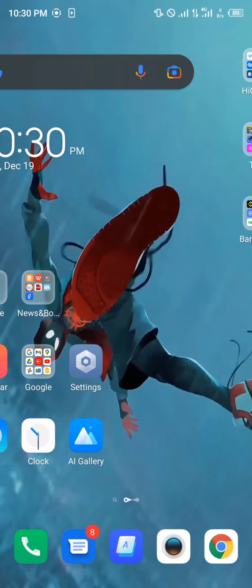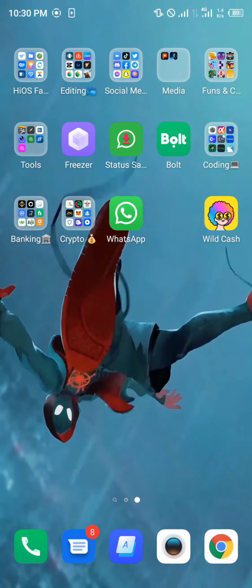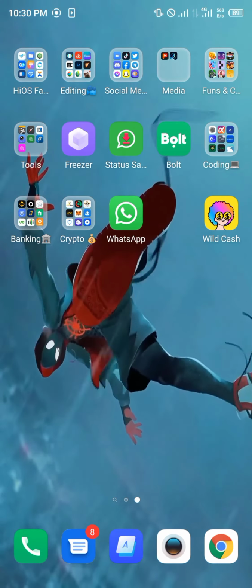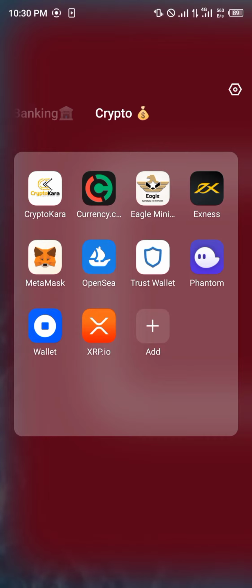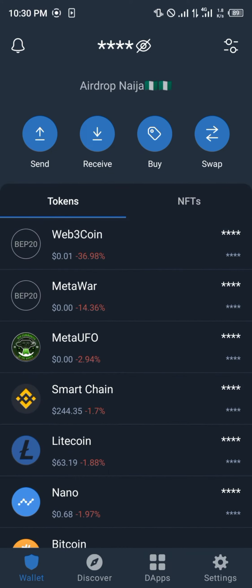Okay, let's get in. First of all, you're going to have to locate the Trust Wallet app. Mine is on my home screen, so we're going to be making use of that. While you're logging into the Trust Wallet app, you'd be met with the prompt to input your passcode. And once it's done correctly like this, you'd get into the Trust Wallet app and we can make transactions on